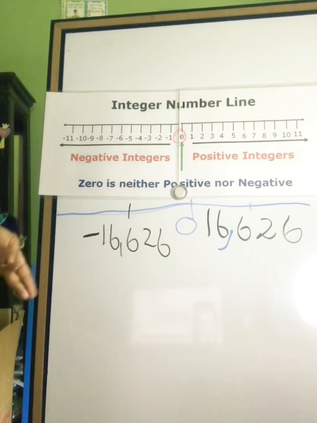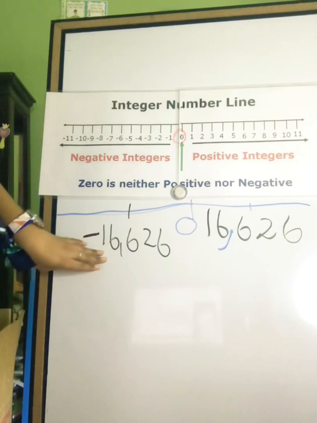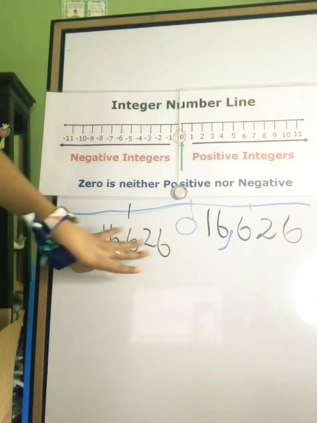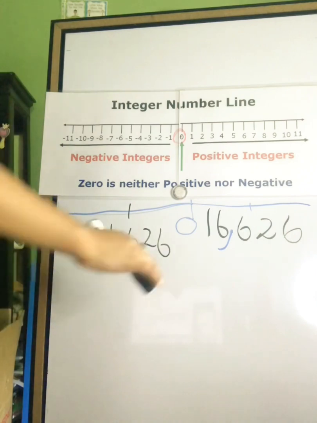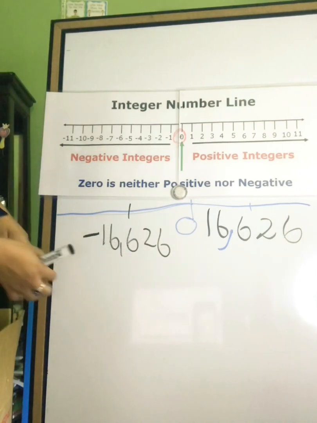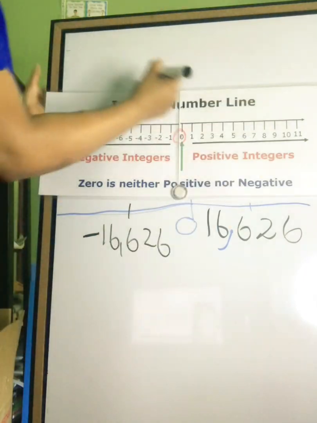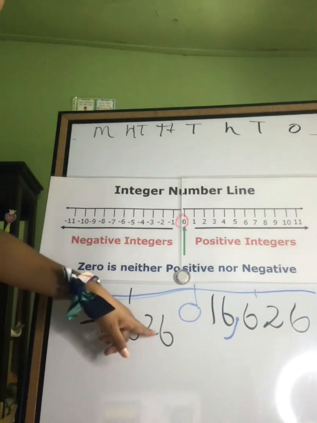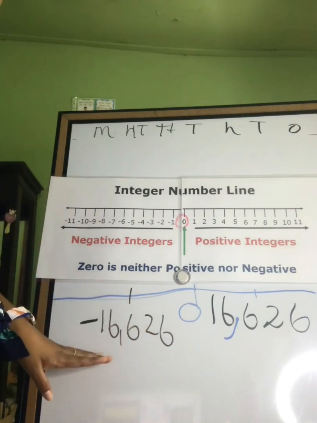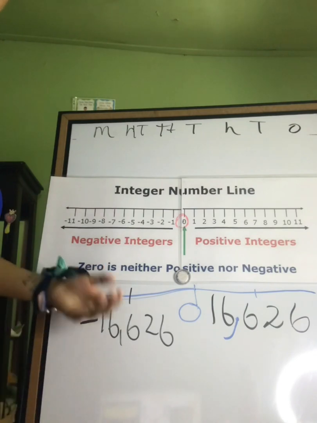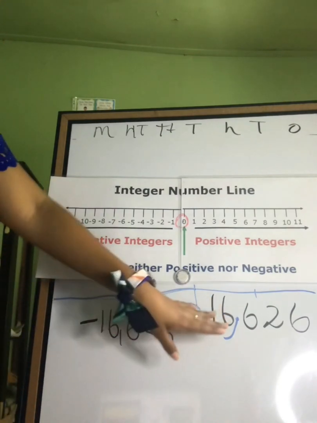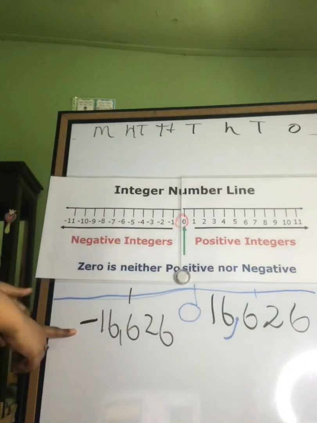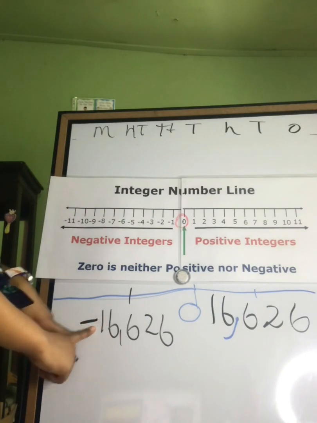So, reading this number, we would say 16,626. If you've forgotten how to read your number, then we go back and we read this number here as 16,626. There's no "and" when we're reading numbers unless we're talking about decimals or money. So 16,626, but there's a negative in front of this number, so we have to say negative